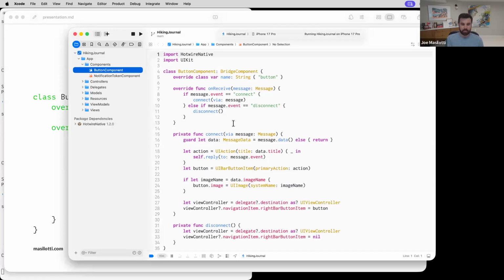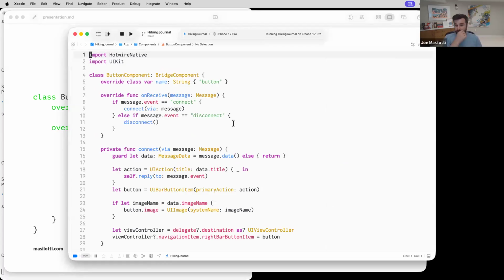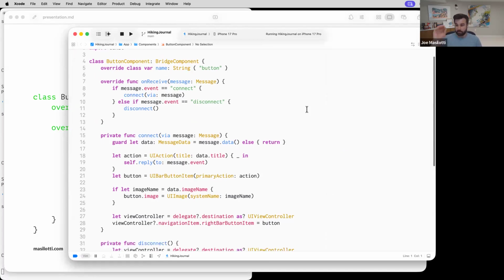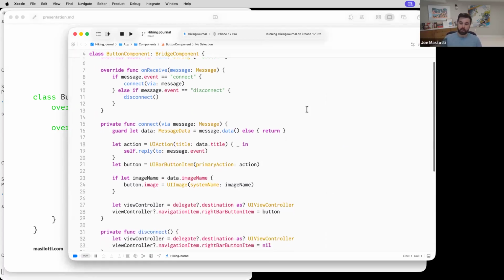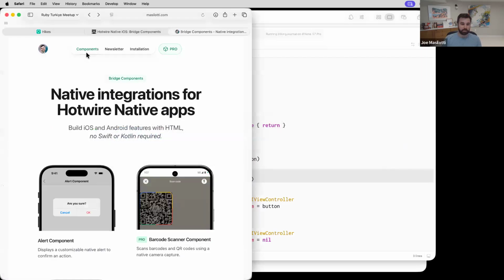So here is a real, for lack of a better word, bridge component, not a demo one, that you would build if you followed through with my app. And it adds that button to the top right. If you look right here, we're getting the image dynamically from the HTML, okay? And if we look at the code that powers this,